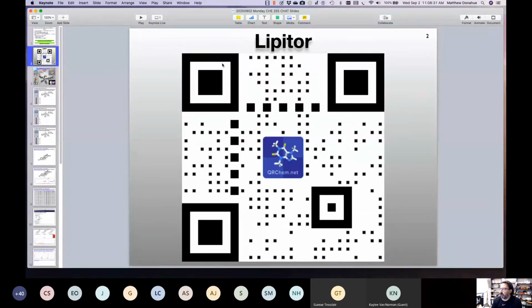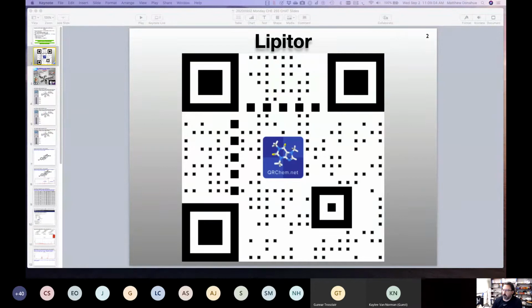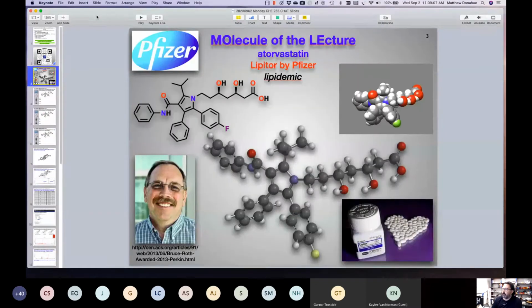Here's your molecule of the lecture called Lipitor. So go ahead and get your cell phones out, your tablets out, open up the camera, scan the QR code, and you should see the molecule Lipitor. Okay, so here's some